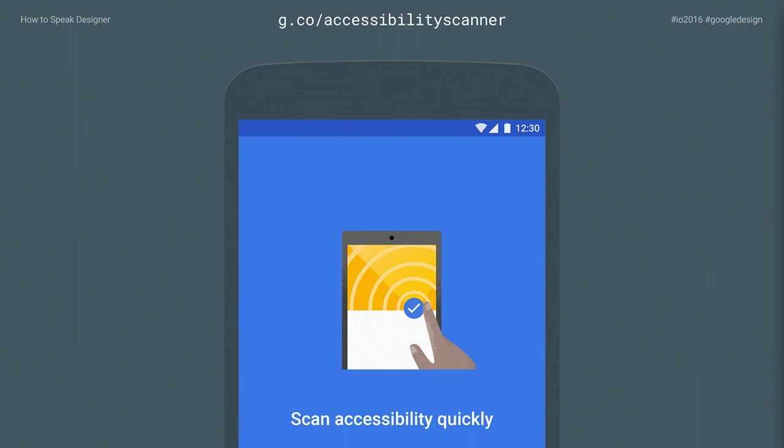You may have already used this. The goal of this tool, or the types of things we wanted to support, were we wanted to make it easier for a team to evaluate how their app was performing with regard to accessibility. It could flag some common issues: a touch target that's too small, a case where text contrast relative to its background was too low and would be hard to read, or images that would be lacking content descriptions for people that are relying on screen reading technologies.